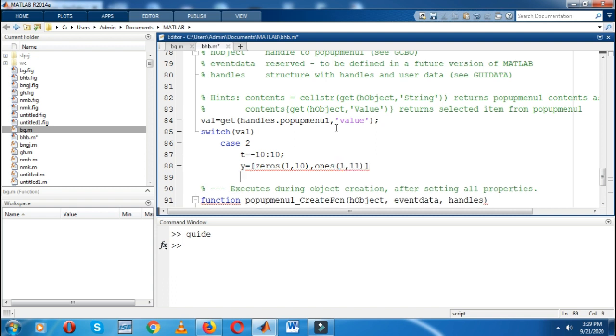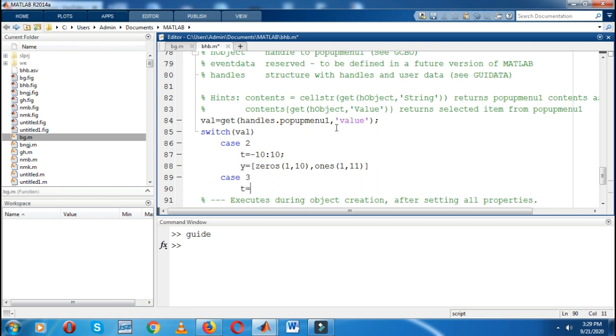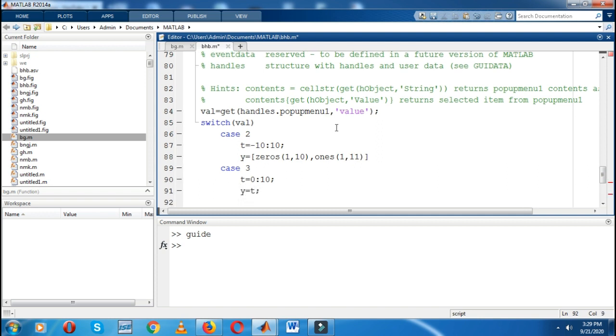Okay, then I will take case 3 for unit ramp. For unit ramp I will take 0 to 10 and y is equal to t, means time is equal to amplitude. Then I have to end this switch statement.